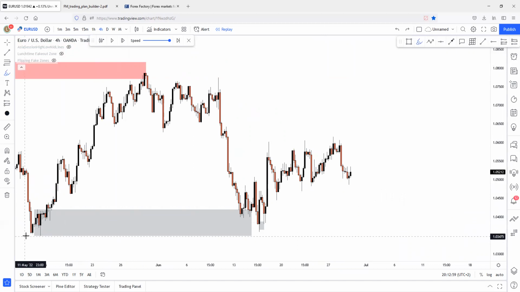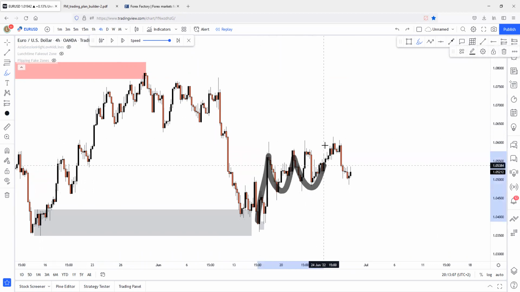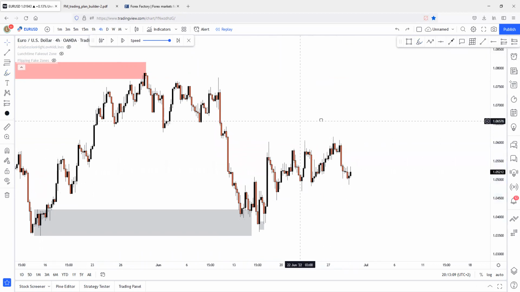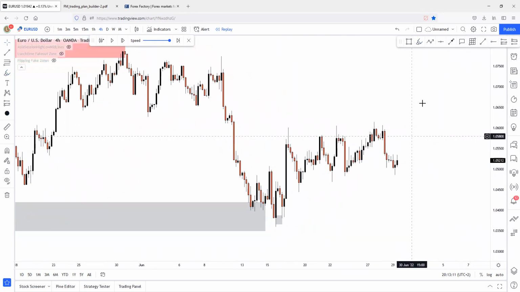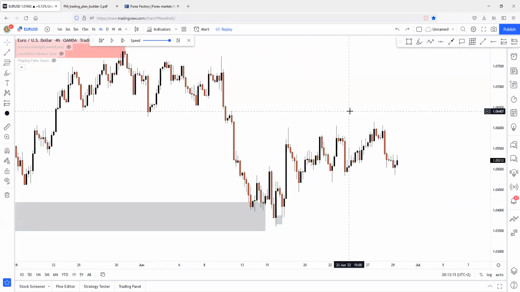Because price is just collecting liquidity on these weak low points. And what can we see here? After a weak low point reaction, price has just created a rejection low point, created a bullish order flow to the upside. And after it created a bullish order flow, let me just analyze this region. Or actually, I want you to analyze this region.